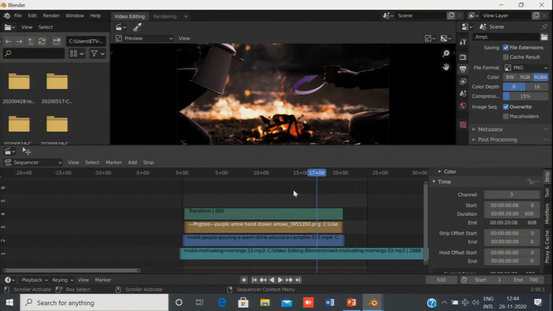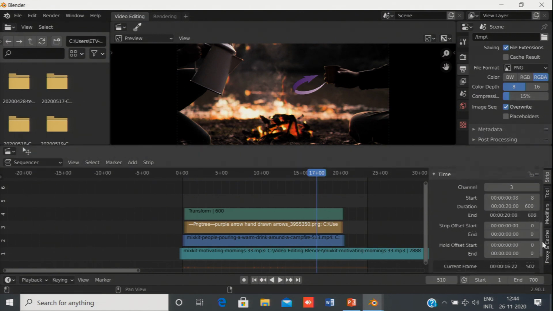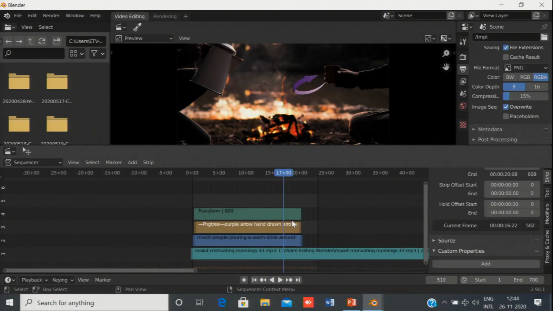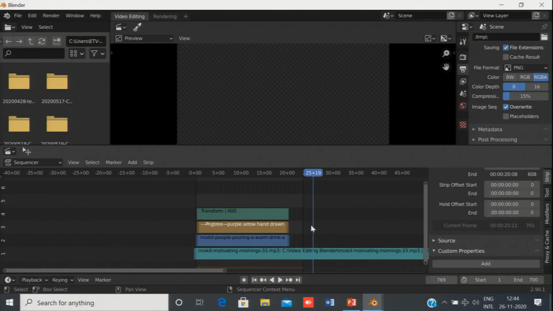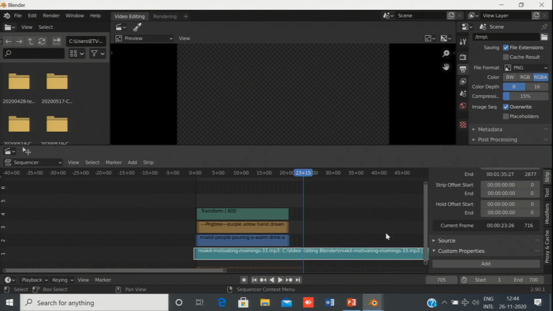This has covered the whole duration of the arrow. Now, to do some basic editing, I will just repeat what I told you in the last class. To make a video cut, just select the layer, select the video that you want to cut and just press the K key. I will go to this point and I will press the K key.